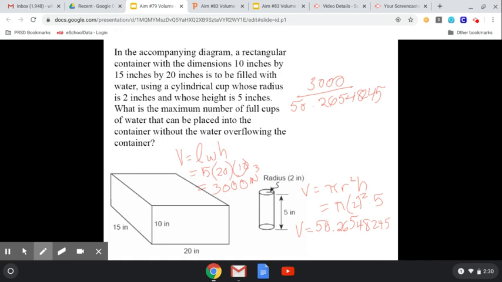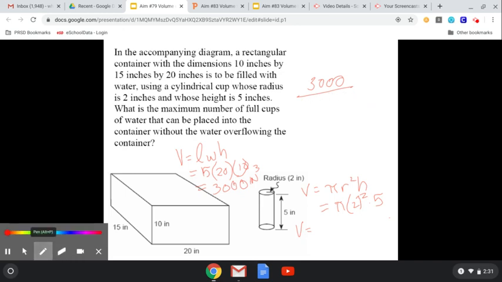Hold on a second. Let me just double check my math here at the bottom. Yeah, this number that I have at the bottom is wrong. I thought that for a second. This number down here is wrong. It's not 50.26. Let me go back and fix that. Apologize. Somebody should be here to shout me out and say, Mr. Whaley, it's not what I got. Okay, I got this